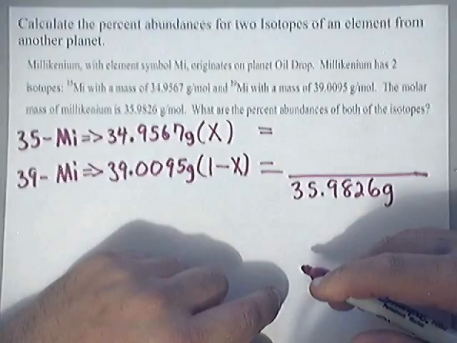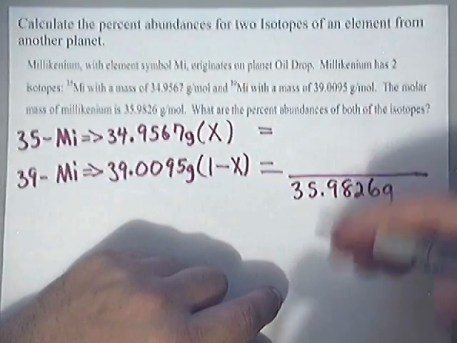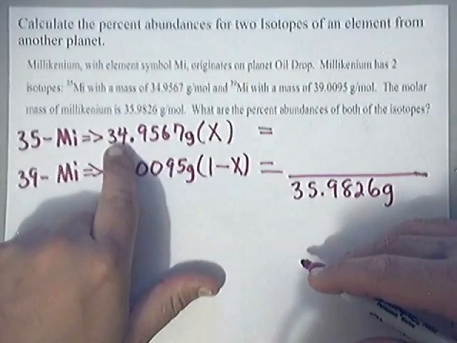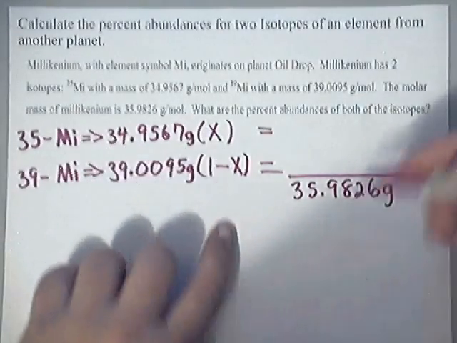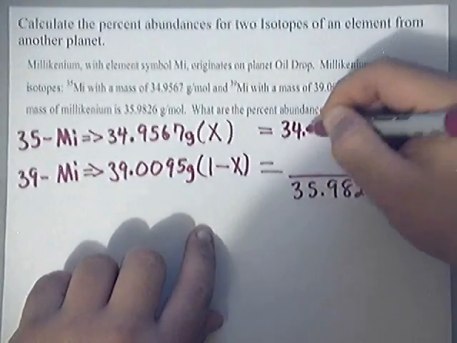Pretty easy, huh? Yeah, but you've got to do some algebra skills here, folks. You need to do Algebra 1 and Algebra 2 stuff. To me, it's just Algebra 1. Okay, you have a number times a variable, so it's just the number and the variable. So that gives you 34 point